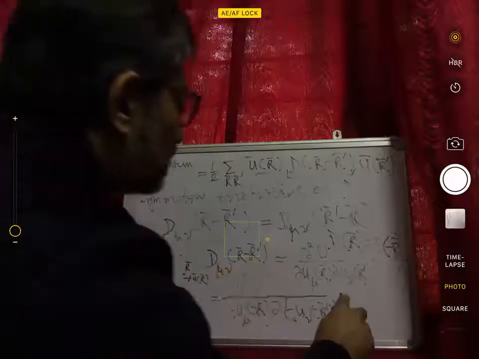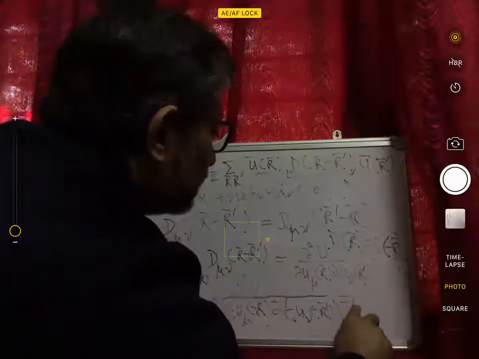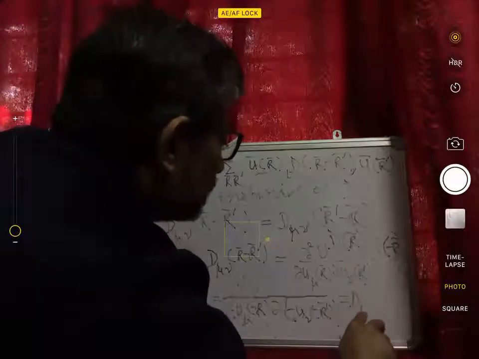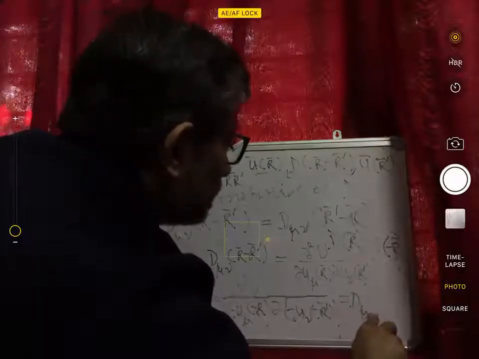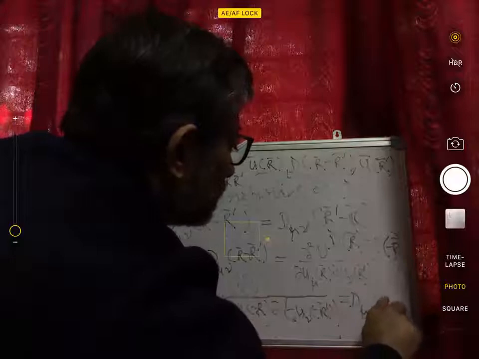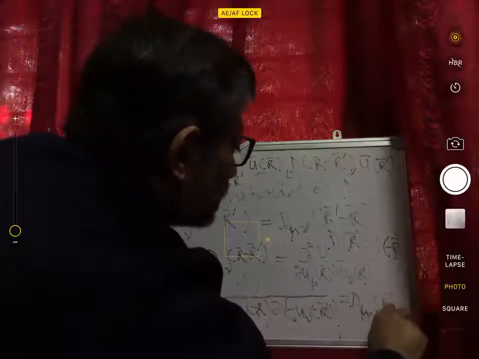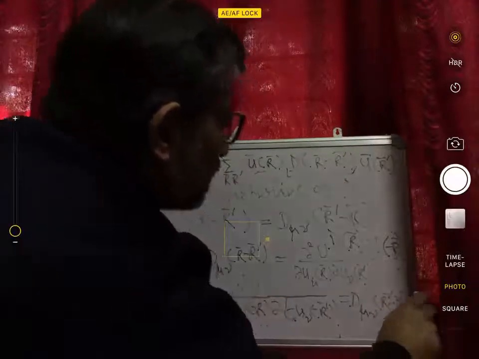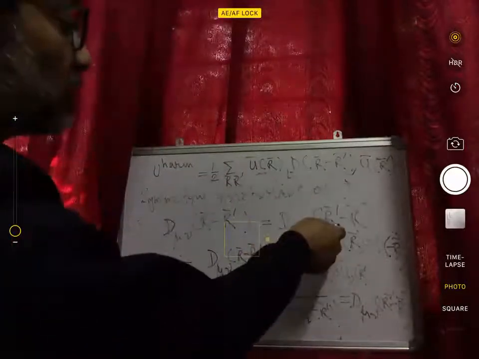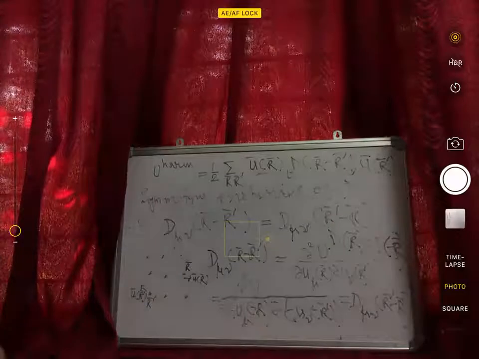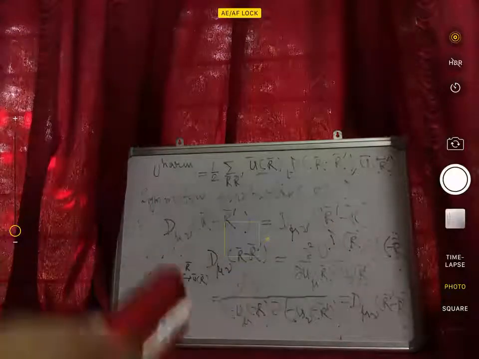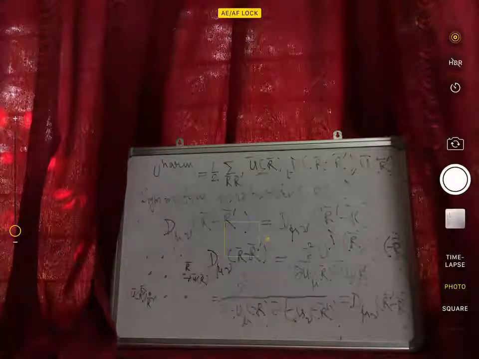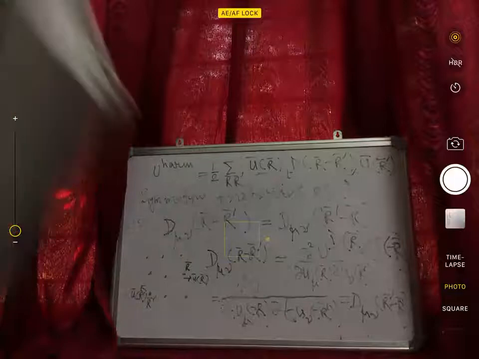So basically that by definition is D of r primed minus r, which is what I wrote here. So that's the second symmetry property. And the first and the second taken together would give you